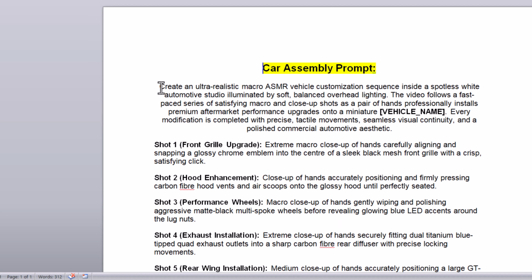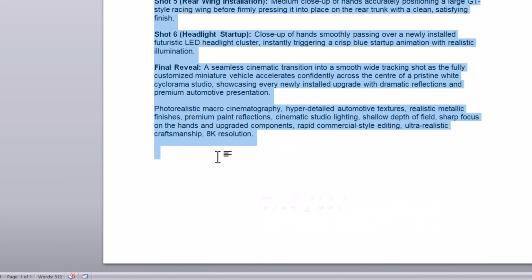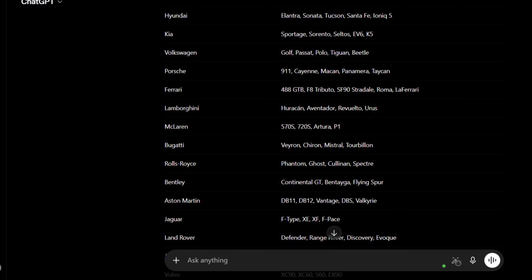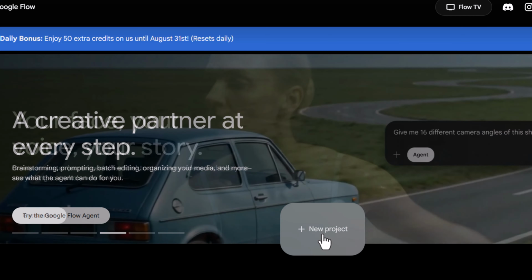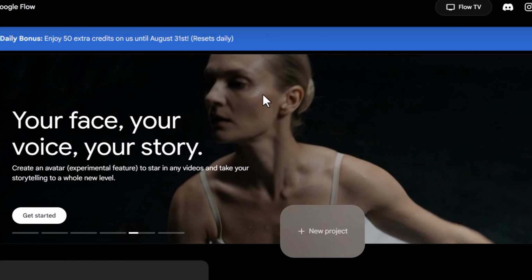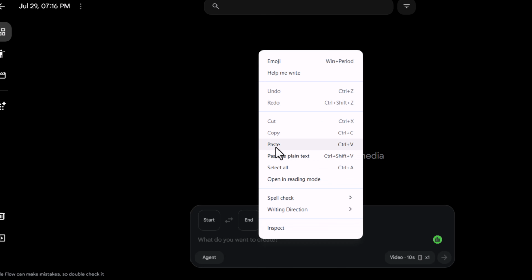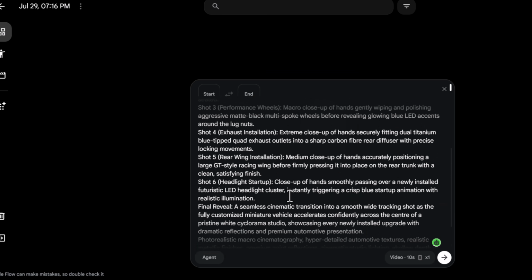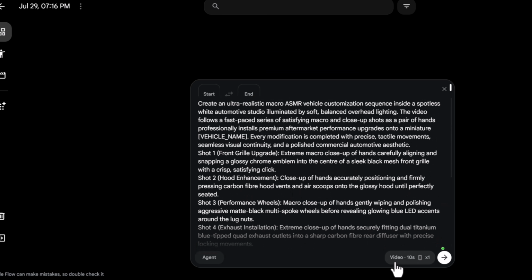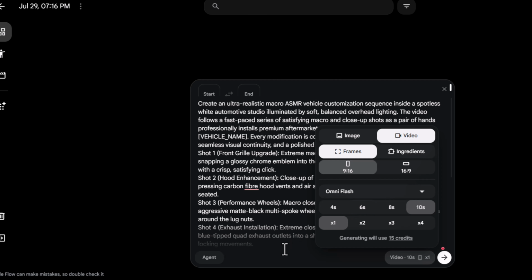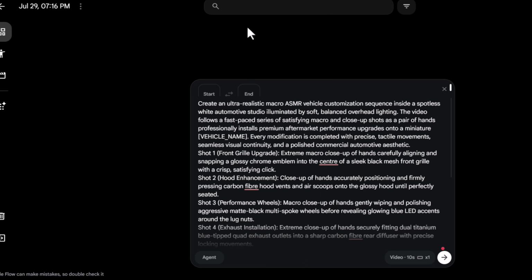Now, open the master prompt linked in the description below. Copy the entire prompt exactly as provided. Next, open Google Flow. Select Video, choose OmniFlash as the model, and set the duration to 10 seconds. Paste the master prompt into the prompt box. Then, return to ChatGPT, copy the name of the car you selected, and replace the vehicle placeholder in the prompt